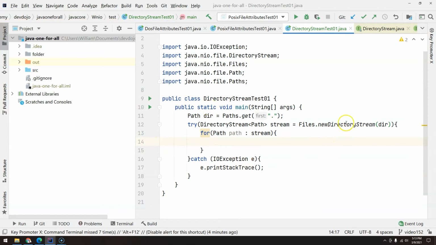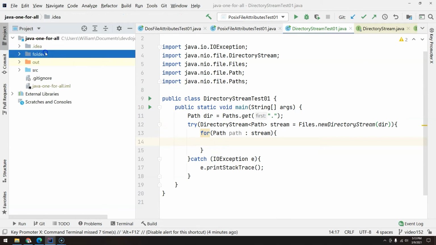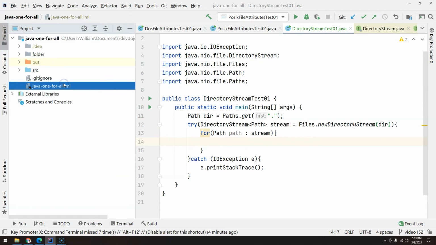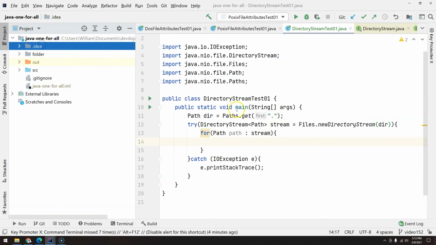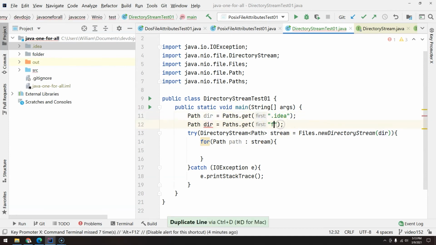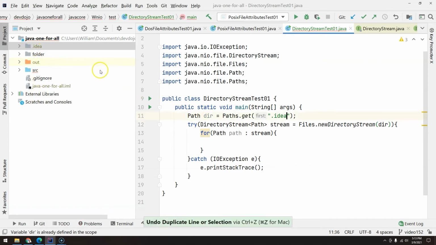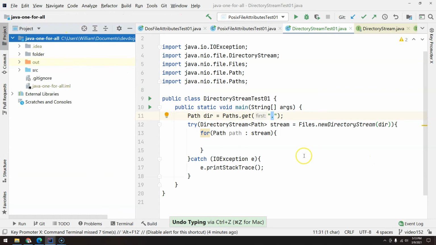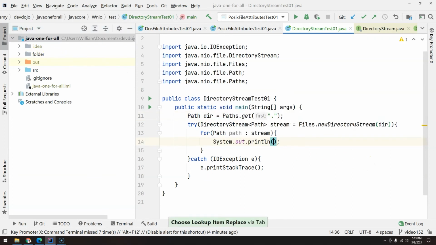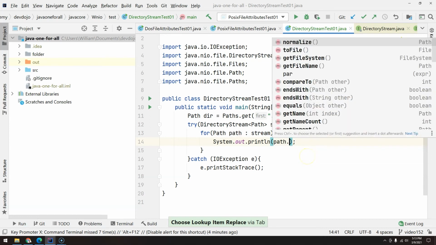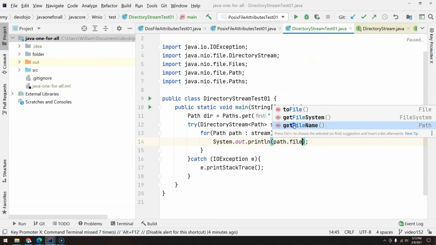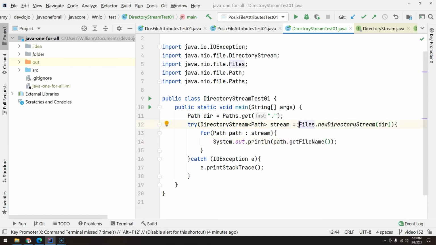What the DirectoryStream is going to create is like a stream where each one of these folders and files becomes a Path. Imagine that instead of this dot, you have, for example, .idea, and then a folder and so on. You will get a path for each one of these files and directories that you have in Java 1 for All. How can we print the path? We can get the file name, for example getFileName. Now when we execute with Ctrl+Shift+F10,